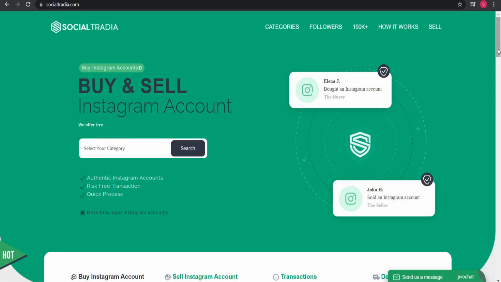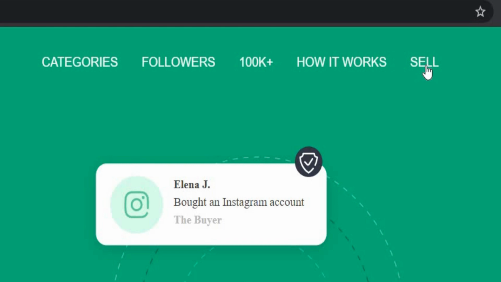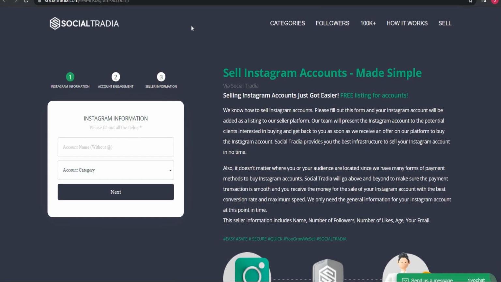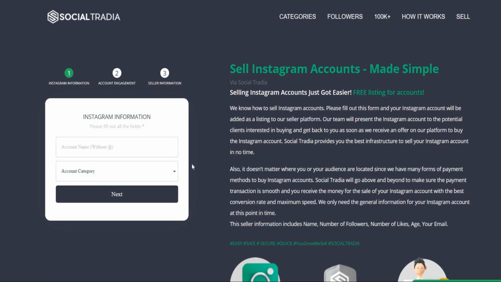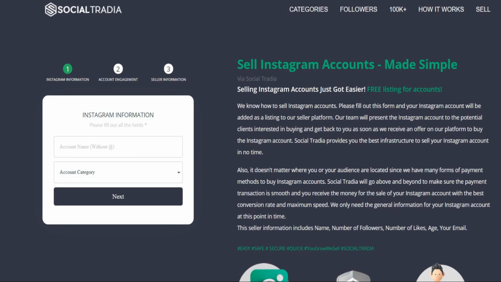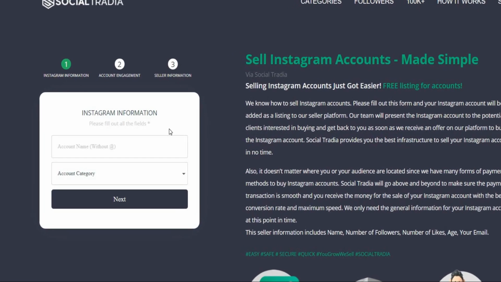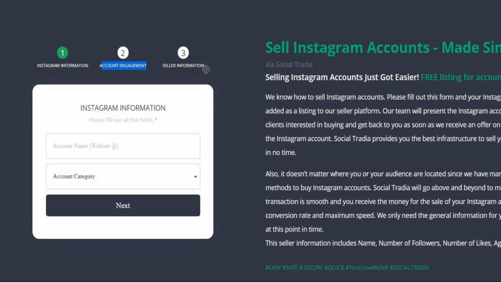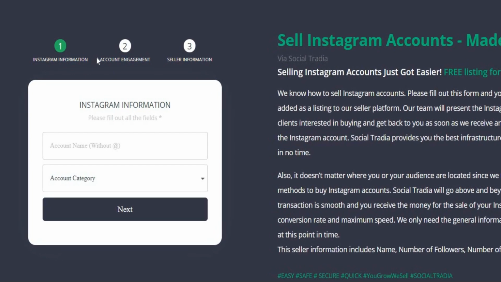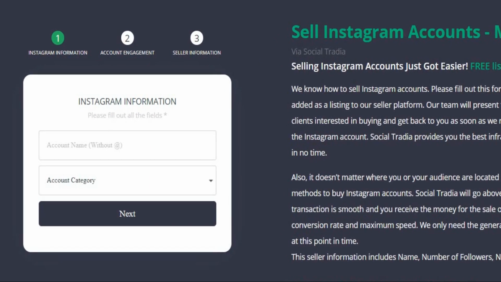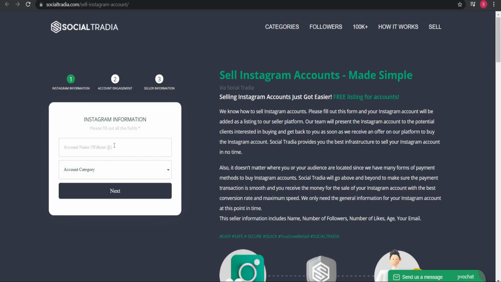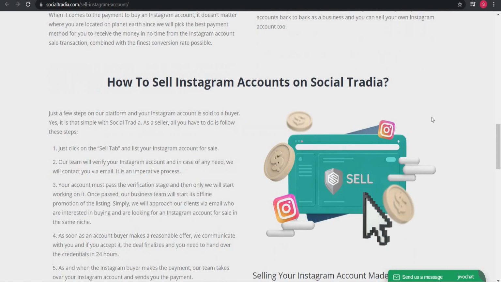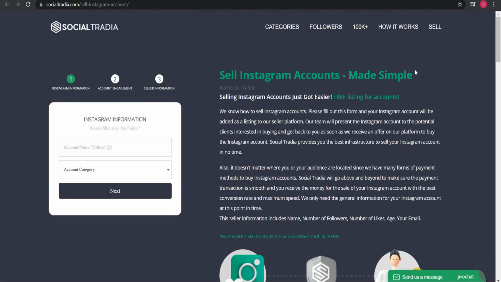You can sell your account here by simply going to the homepage and clicking here where it says Sell. It's so easy. You enter your account username, select the category, and there's some basic information about the page, like how many followers it has, how many likes you get, how many views, and so on. After that, simply choose your payment method, how you would like to collect your earnings, and that's why I mentioned this could be one of the simplest ways to make money online. You don't need a website, no money to invest, no prior expertise. All you have to do is follow the instructions and respond accordingly.